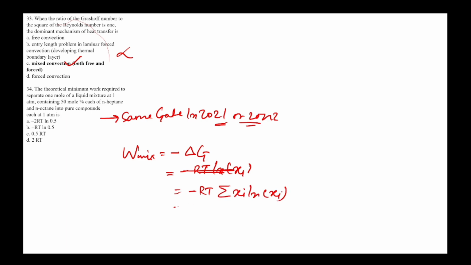Okay, so minus RT is there, 0.5 ln 0.5 plus 0.5 ln 0.5, so it will be minus RT ln 0.5, this way. Okay,